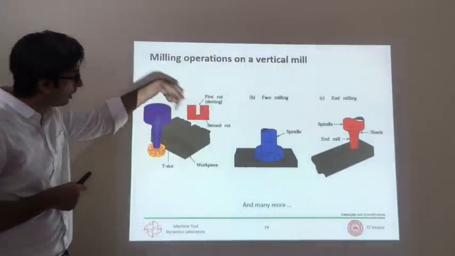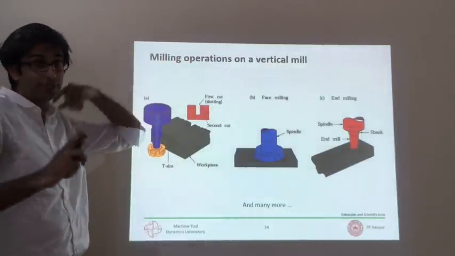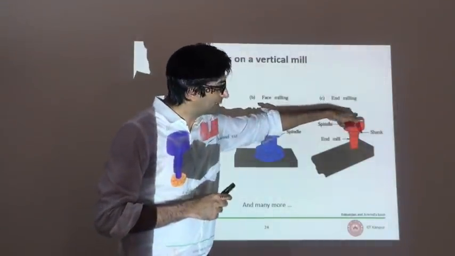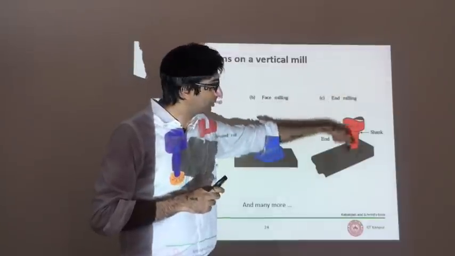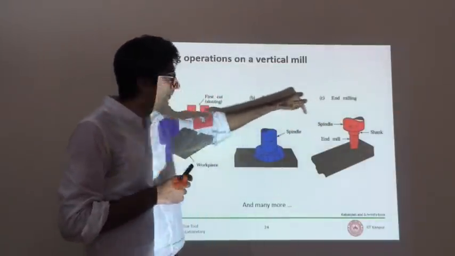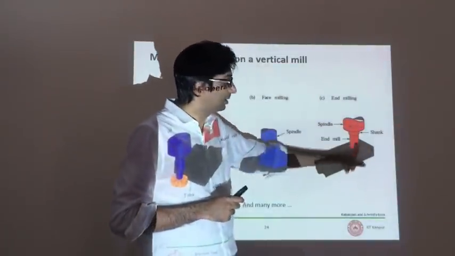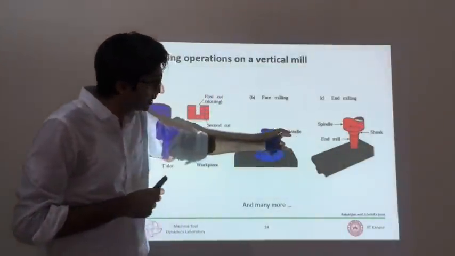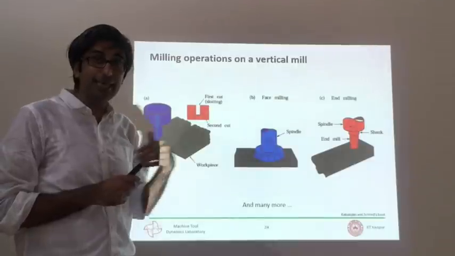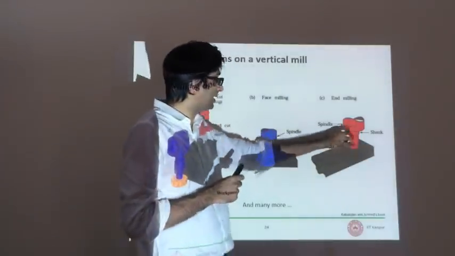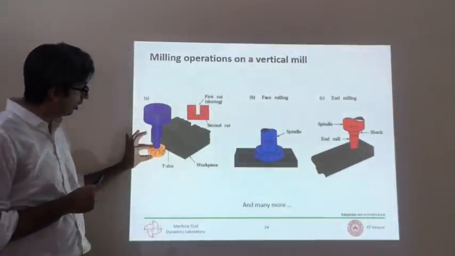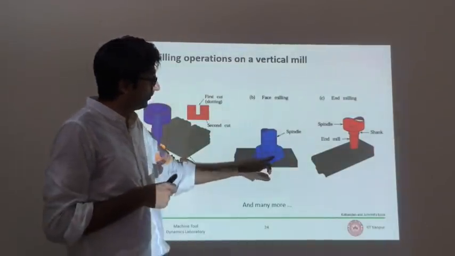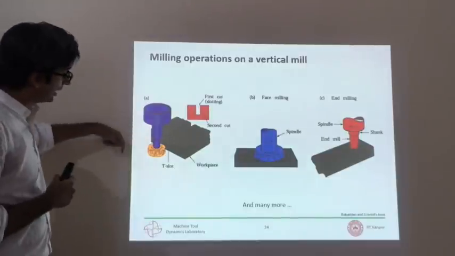So you first make one slot in the horizontal configuration, or you can also do that using a cutter like this. These cutters are now rotating along their axis of rotation. They have these teeth along their axis, and there are many of these teeth, and there is engagement with the workpiece all along the axis. Similarly here, all along this height, there is cutting taking place, the same thing over here. So if you like, you can create a slot like this.